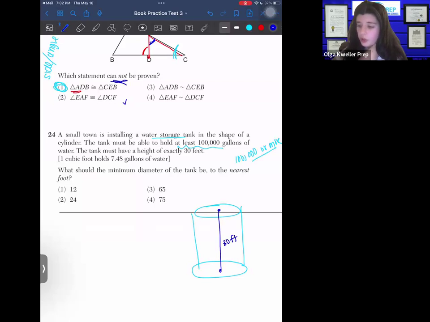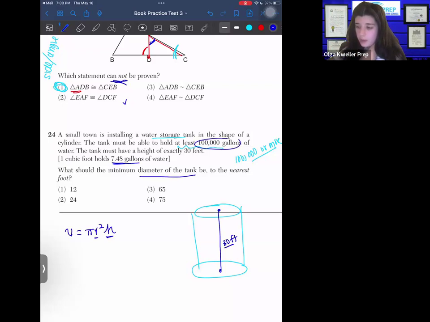1 cubic foot holds 7.48 gallons of water. What is the minimum diameter that the water tank must be? So what's our volume formula for a cylinder? It's pi r squared, our area, times the height. Does that make sense? So pi r squared is the area of a circle. We multiply all the way up by the height. So now r is going to be our variable. That's what we solve for. Height we know is 30. And we know that our volume must be